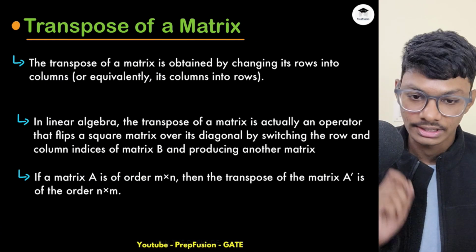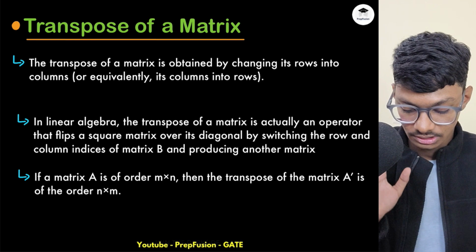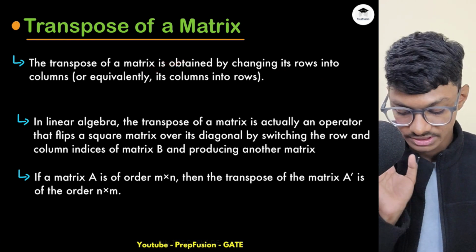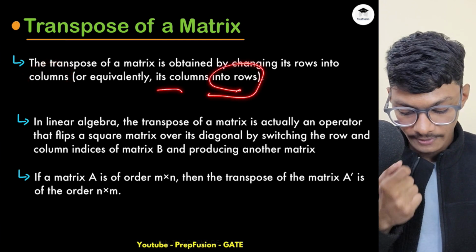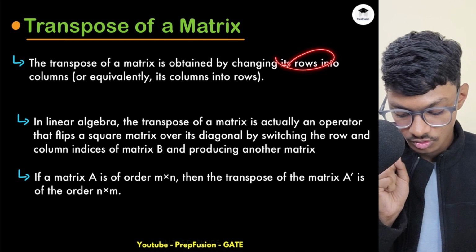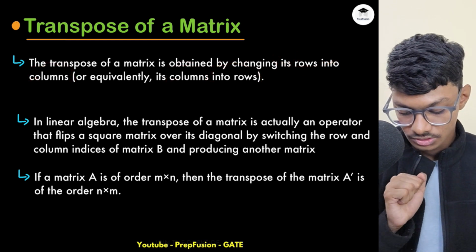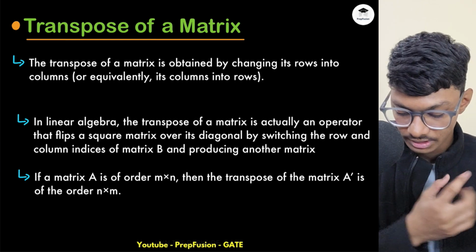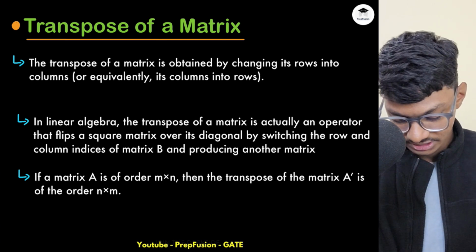So what do you mean by transpose of a matrix? Basically the transpose of a matrix is obtained by changing its rows into columns, or equivalently its columns into rows. Either you can change its rows into columns or columns into rows, either way you can do. So what do I mean by that? I will explain with an example, but do remember this is an operator and this is valid